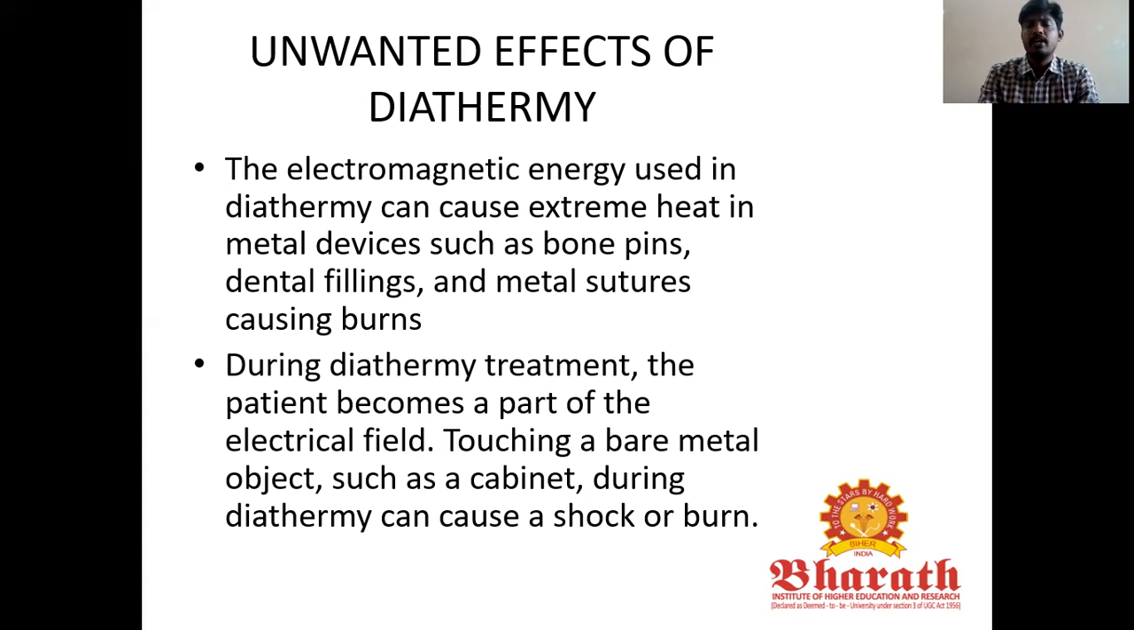At the same time, during diathermy treatment, the patient becomes part of the electric field. Touching a bare metal object during treatment can cause a shock or burn. Electrical shock is also one of the major unwanted effects of diathermy. Is it clear? So these are the main electromagnetic energies used in diathermy